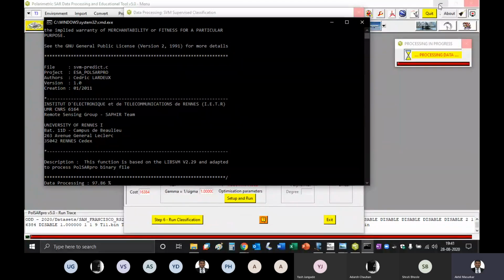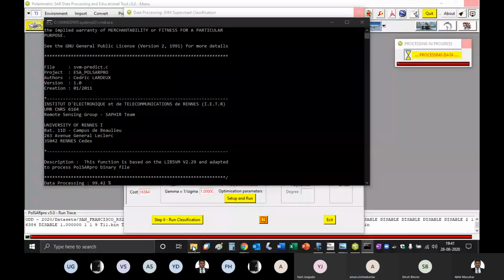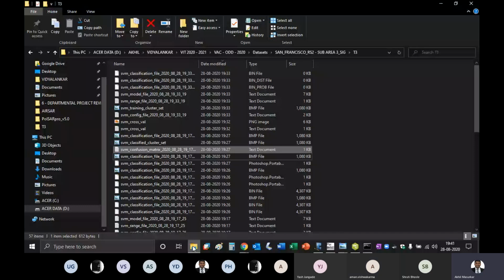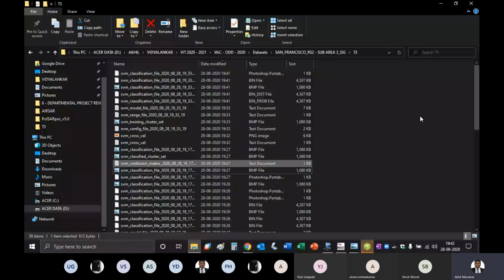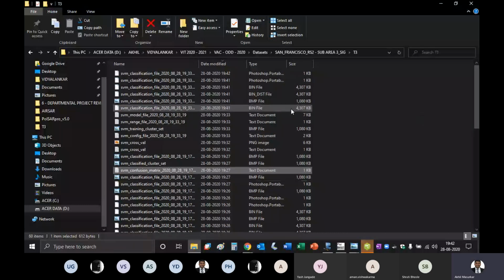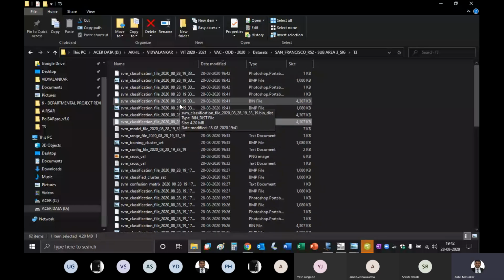So the bridge is now highlighted in a much better way. Aman, can you see that? Yes, sir. So let's look at the outputs. Again, we applied some SVM files. The name of this SVM file will be year, month, date, and then time.